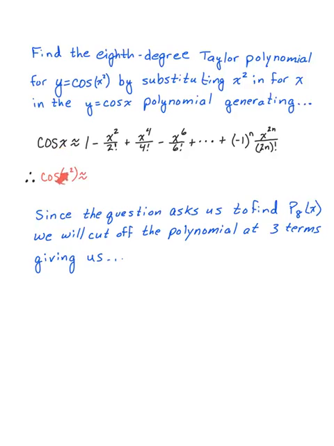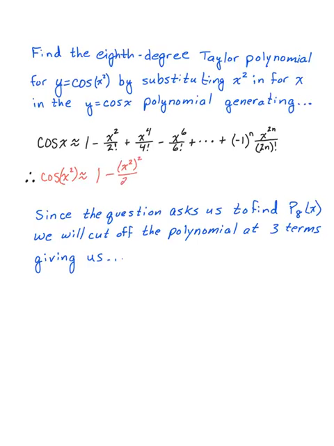So we're just substituting x squared in for the x. What that's going to generate then is your 1, there's no variable there to substitute in for, minus, and then when you substitute x squared in for x, that's going to give us x squared